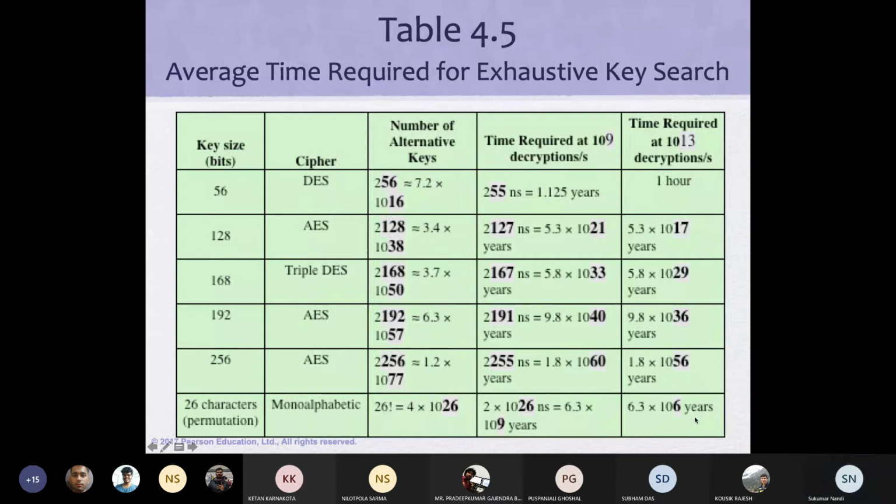Now, the average time required for an exhaustive key search, if we look into it, this is a text file, so these bold things are power. You remember the bold things are power. Before I reach that, I should talk a little bit about triple DES, because triple DES is not here.